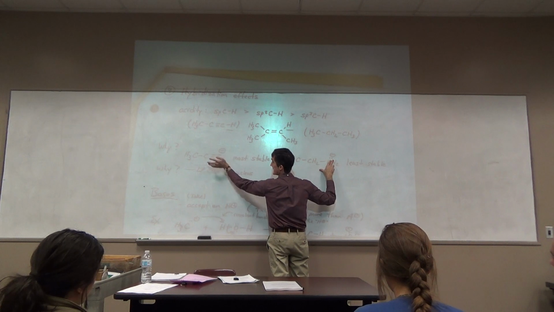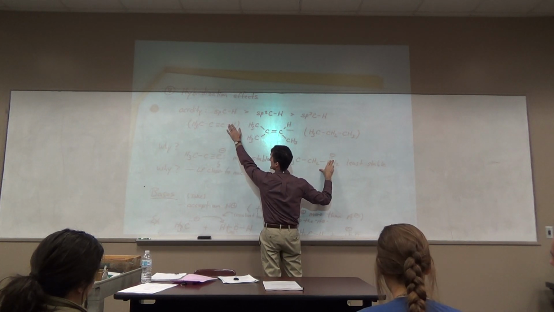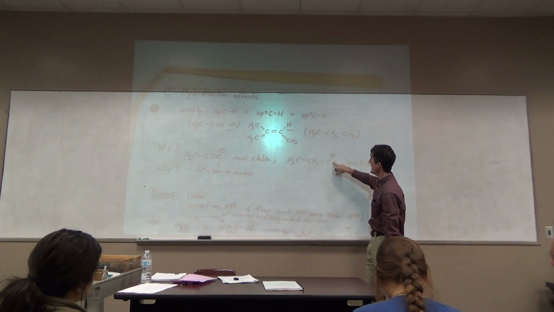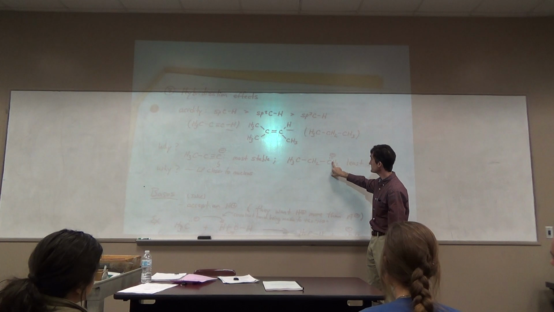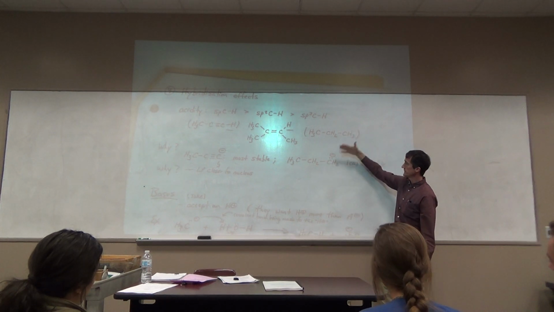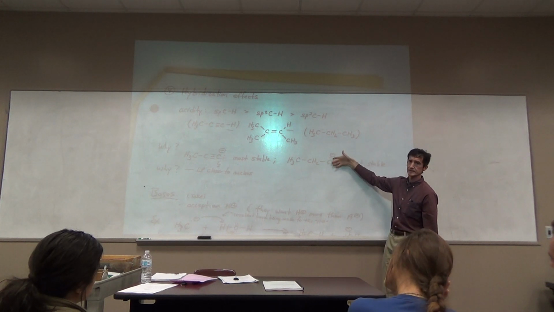Because this guy doesn't mind being minus. So this guy's more acidic. It doesn't mind giving up the H. But this guy wants to go back. This guy wants the H. This is a stronger base. Okay? And we kind of know that a weaker acid gives a stronger conjugate base, but you guys